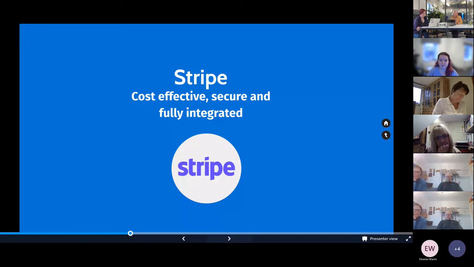So they're a huge American company, and they continue to grow. But we work with them, and their technology is very reliable. And in terms of price wise, you're not paying your monthly rental on a terminal or any minimum monthly fees or PCI, because it's all covered by them. So it's a very good solution.